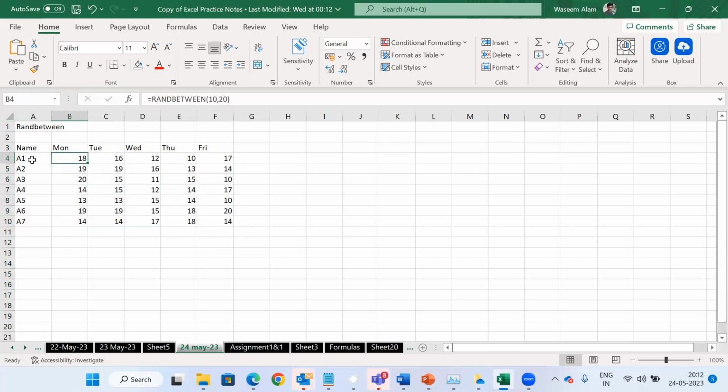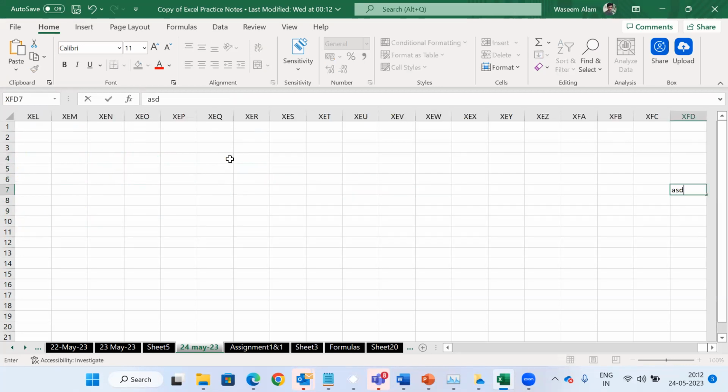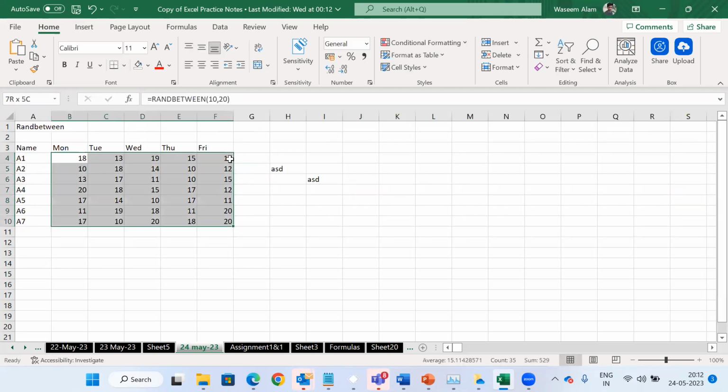So here, the production of A1 employee is 18 for Monday, for Tuesday it was 16, then 12, 10, and 17. If I type anything anywhere, until the formula is available and running from this range to the last range, it will keep changing every second. So how to stop it,